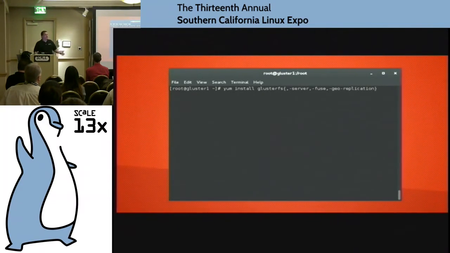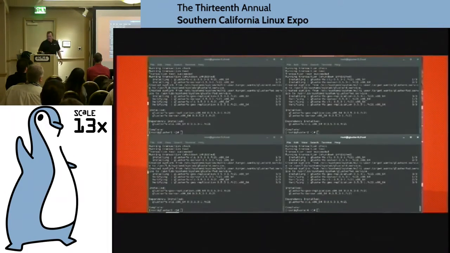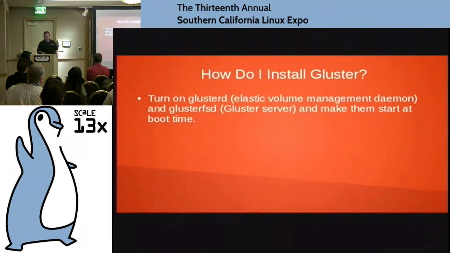You can just use your package management system. I used Fedora, but this is available across all the distros. So anyway, you do that installation, and it's going to drag in all the dependencies behind it. You'll see that it installs the GlusterFS server, the GlusterFS CLI, the georeplication package, all that kind of good stuff gets dragged in. You, again, want to do that across all 4 of, or however many systems you have.